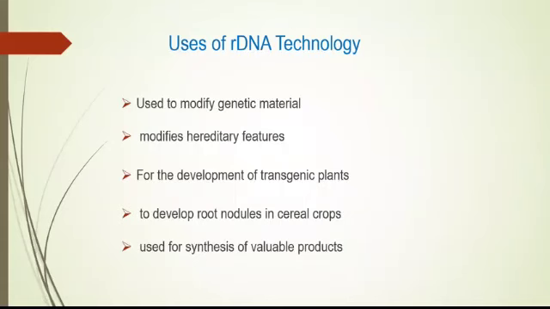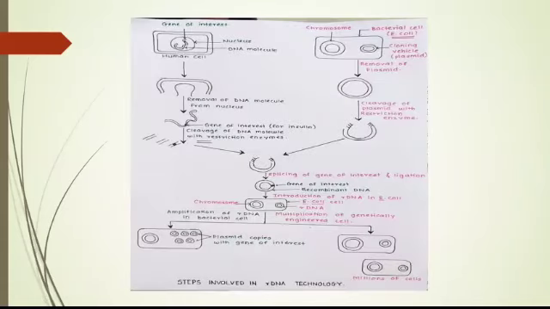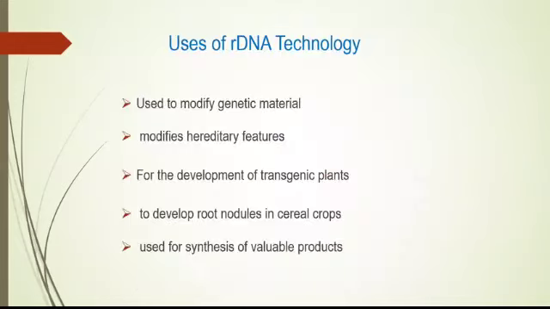Thus, the insulin gene from a human cell can be transferred and joined in a plasmid of Escherichia coli to produce recombinant DNA. The insulin gene in recombinant DNA produces insulin in the bacterial cell, and this insulin from bacterial cells is used to inject the diabetic patient. As we have seen the various steps used in production of recombinant DNA, now we look at the various uses of this recombinant DNA technology.